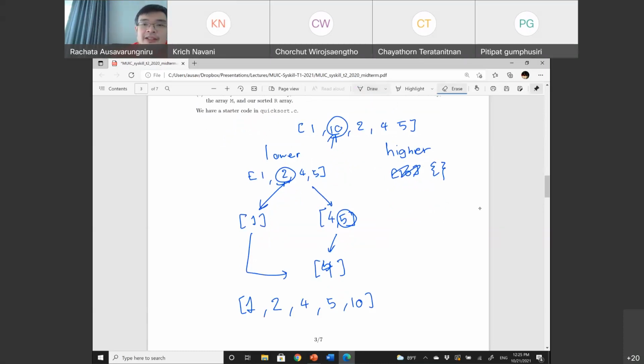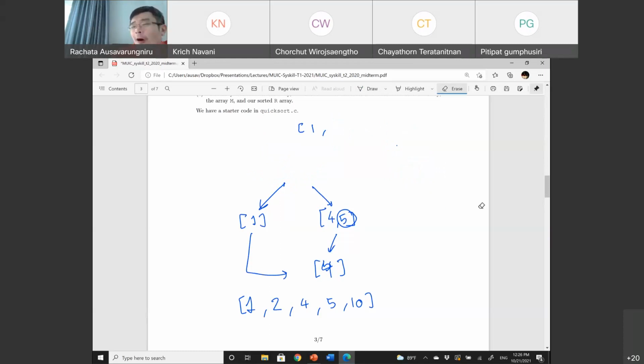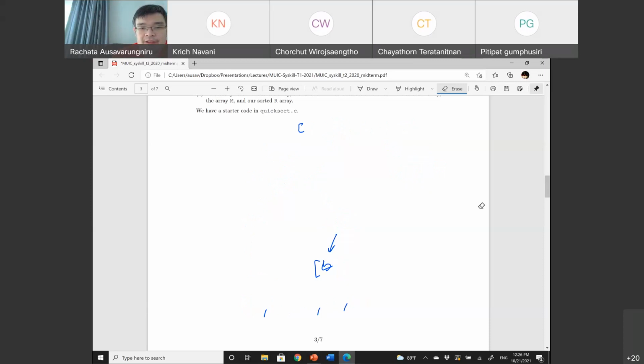Let me erase everything again and have a better array to show this example, because this is almost partially sorted. You won't see the difference much. Sorry about the poor example that I put here. I need a better random number generator. 7, 3, 2, 1, 4, 5, 9. Let's do this. And then I pick a random pivot.